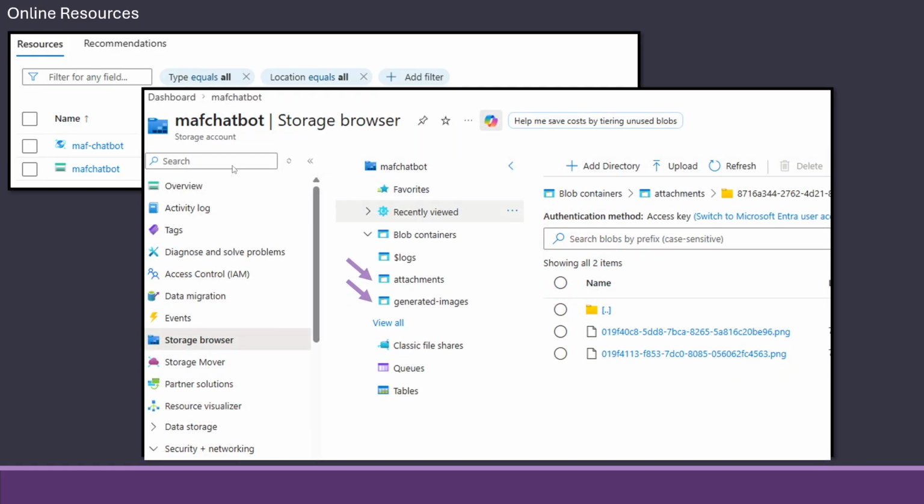Finally, we made a storage account, and in that there are two blob storages, an attachment one and a generated images one. So here the images and PDFs we end up adding to attachment, and the images we make for generation will be stored up here. So we are completely independent of the machine things are running on. And again, when we build multiple backends and fronts, we can actually use the same data, same conversations, same attachments, same generated images.